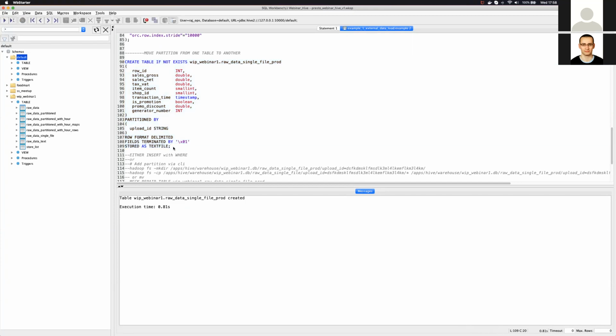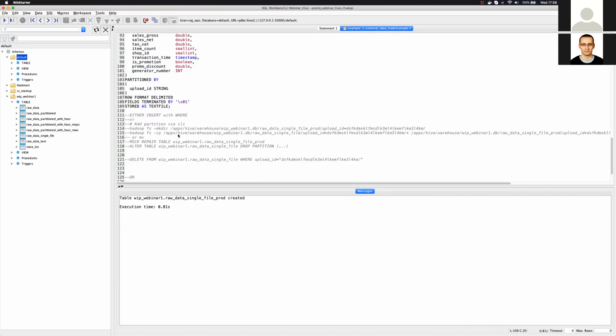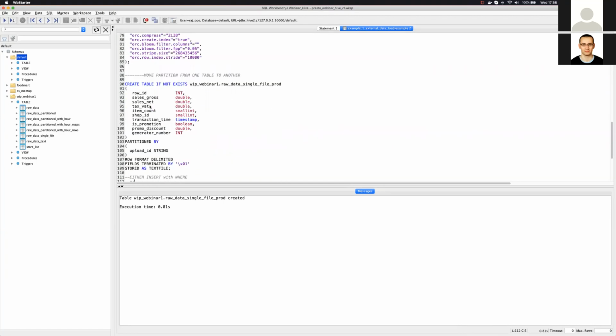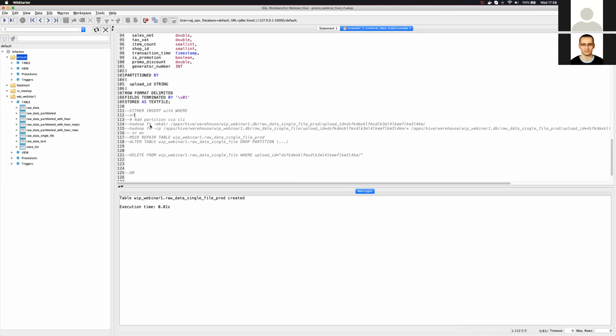And now, what are the ways to move it to production? One of them is to insert into the production table with the where statement, where you specify the value of the given partition. Or if you are doing this externally, as we did a few minutes ago, you can also create a new folder within that table. Then you can copy over the data from the staging table to the destination table,